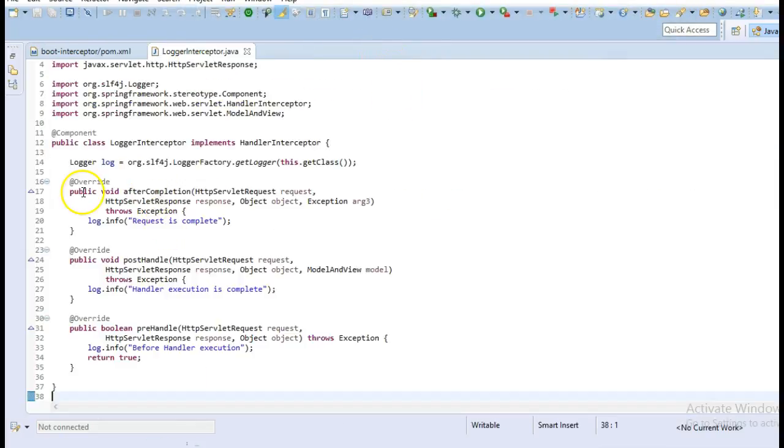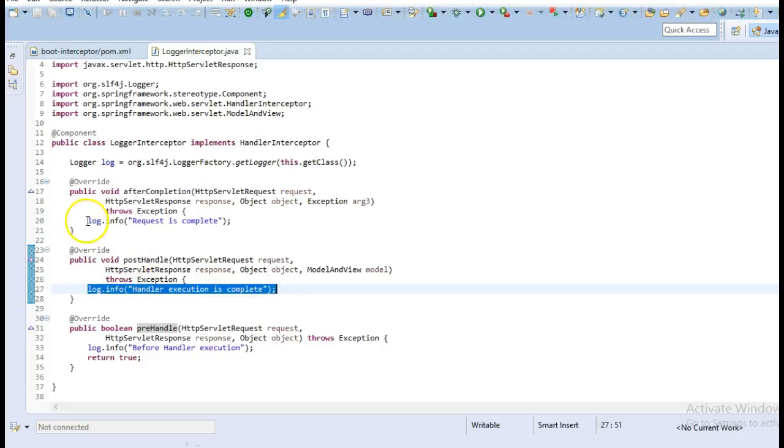So again, these are the methods that we have overridden: afterCompletion, postHandle, and preHandle. We are only logging the information here.